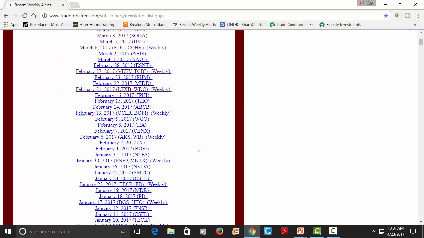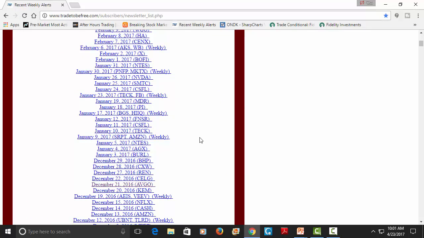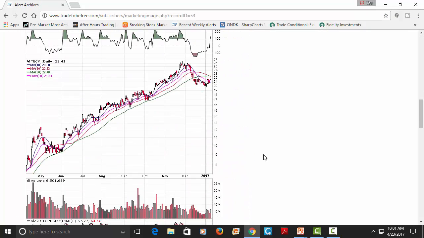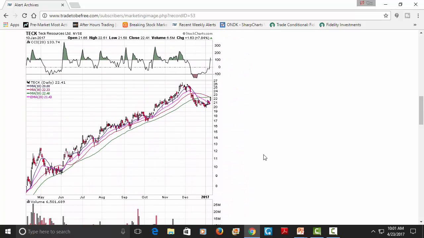So we can give you another example here for a stock that we featured recently in January on Tech Resources, I believe is the name of the company. And here's another good example of a rounding bottom on a shorter term time frame over the past few weeks. Now you can find this pattern within a strong uptrend, and often it's referred to as a J-hook pattern. Okay, but it's still a rounding pattern where you've got that very sharp decline initially, and that rate of descent slowly turns around,